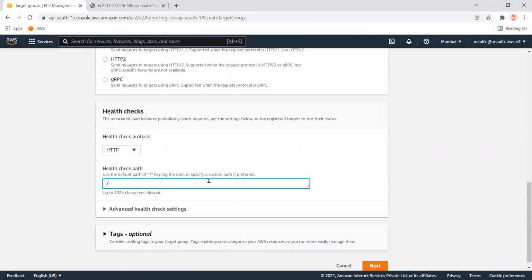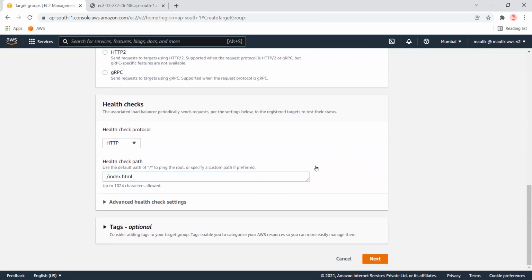Here we need to give the HTML page which we want to check, because this property is used to validate the health check of a particular page. Before the application load balancer transfers the traffic, it checks whether the page is healthy or not, and if it is healthy, then only it will transfer the traffic to this particular instance.